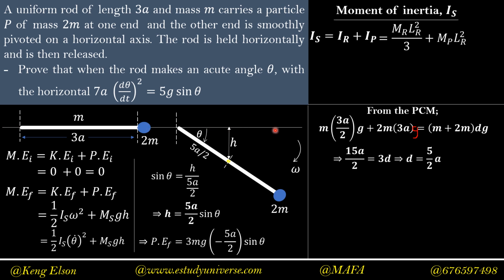You should note that the question says that the rod is held horizontally and it is then released. But now, how is the axis? According to the question, the other end of the rod is smoothly pivoted on a horizontal axis. But now, when the rod is rotating, because it was held horizontally and then released, if the rod